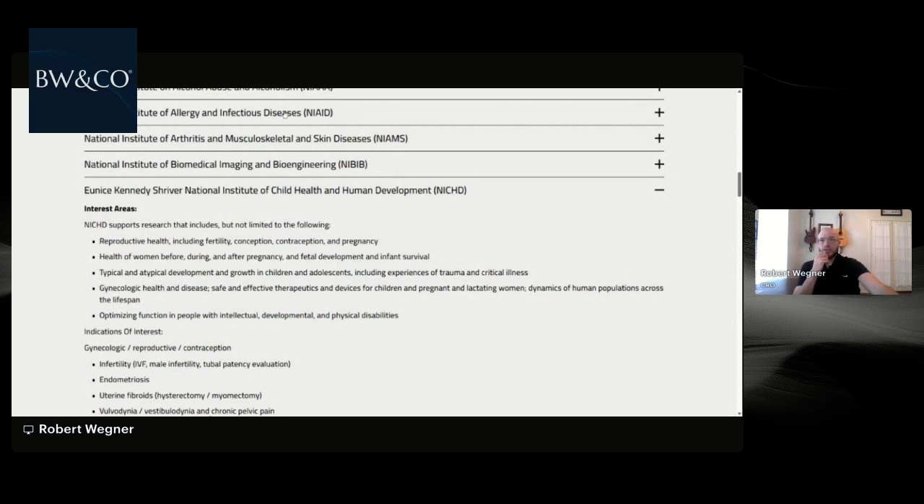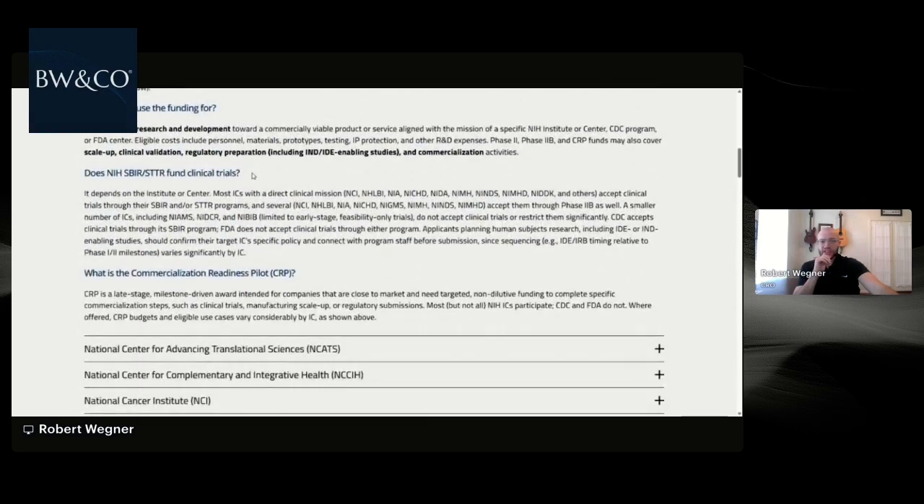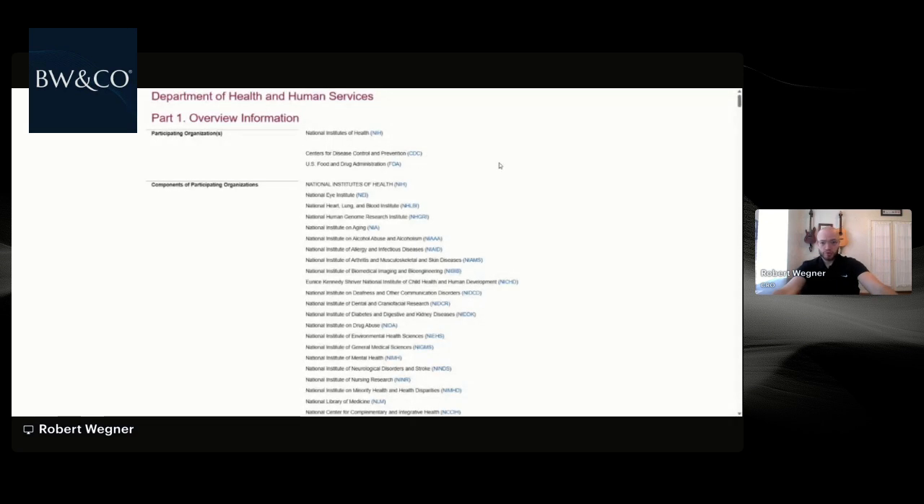So let's continue working through some of this information here. Does NIH SBIR STTR fund clinical trials? Short answer is it can. There are groups that allow for clinical trial funding through the SBIR program and some that don't. So it's best to check with a specific program officer as well as read the parent announcement that's going to allow for that. I will say this is a recent update, but the parent announcement is this program right here